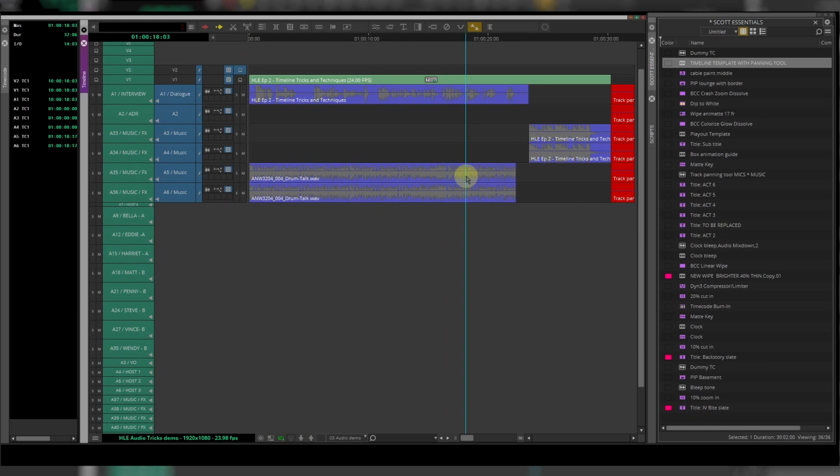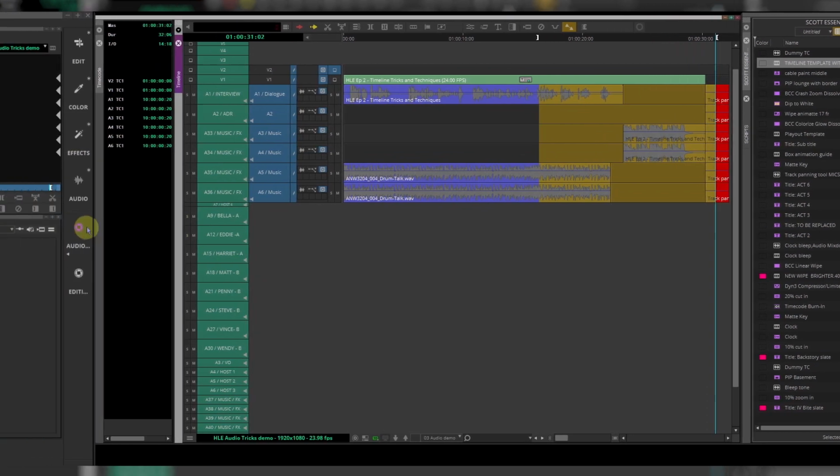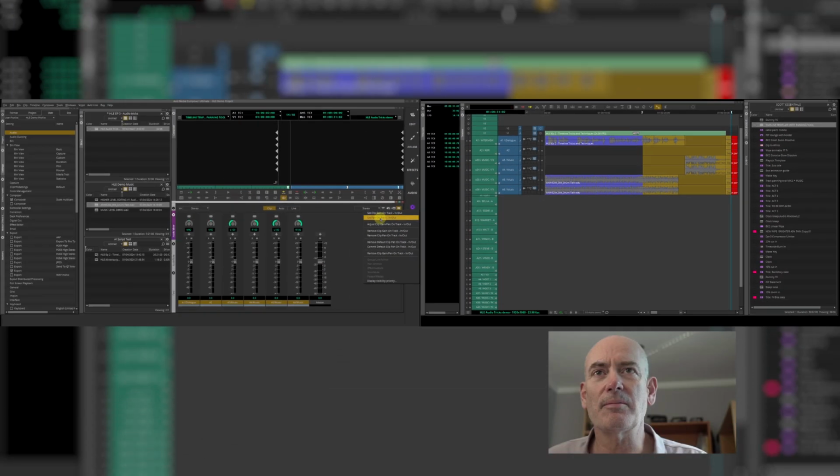So, mark an in at the beginning of where you want to do it, mark an out on your panning sequence. This gives you an in and out, and you're parked on the panning section. Go back to the audio mixer, hit the fast menu, and select Set Pan on Track In to Out. This is going to take the panning information from where the cursor is parked and copy it onto the tracks that are selected. So hit that,